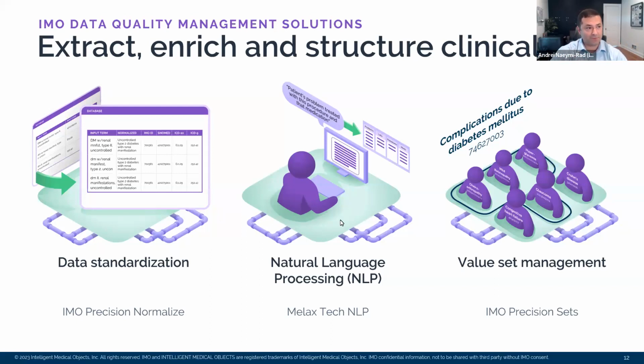Now, Melax Tech is a recent acquisition, and I'll talk about them in a second here. Marrying that leading terminology management and maintenance service with the industry's leading, clinically tested NLP solution that's out there really makes a marriage made in heaven, a differentiated solution to help bridge the gap between structured and unstructured data. Marrying that also then with, now I want to query on my patient population.